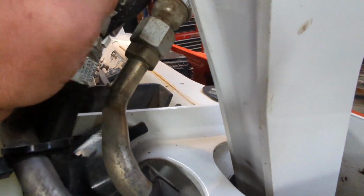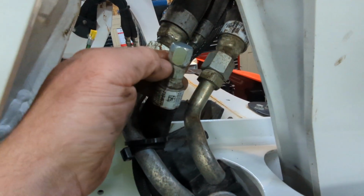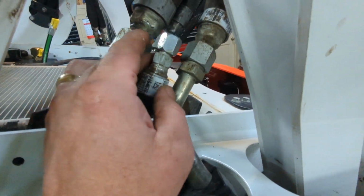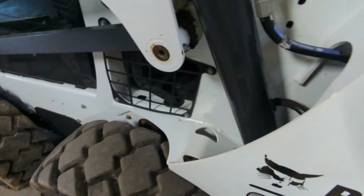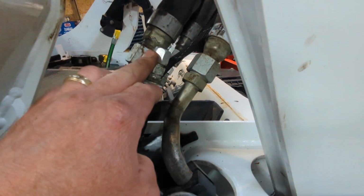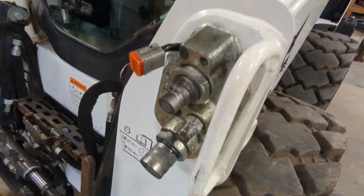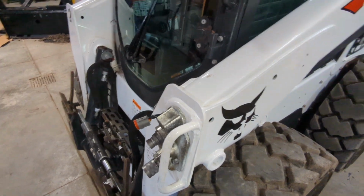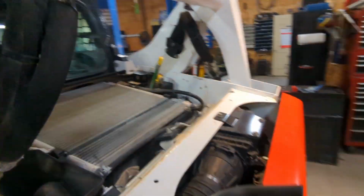And what I did is I followed the case drain line back here. I disconnected it and capped it with a special hydraulic cap that's made to go over the cone flare there, because this ends up connecting to the manifold, which the drive motors connect to anyway. And if you think about it, this system is deadheaded right here in this quick couple. When you're not using any attachment, it's deadheaded anyway. So I chose to deadhead it right here, and then I connected